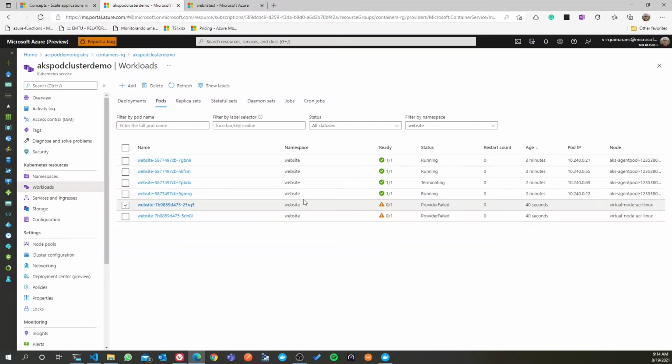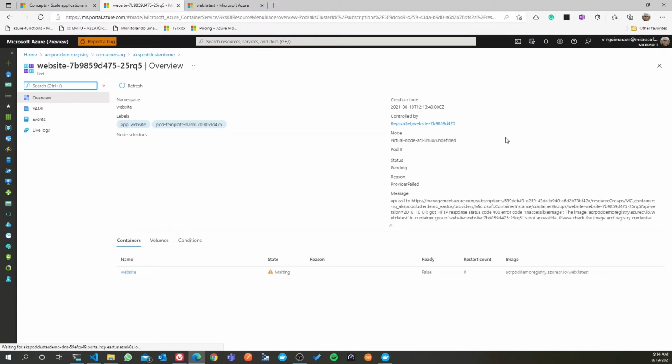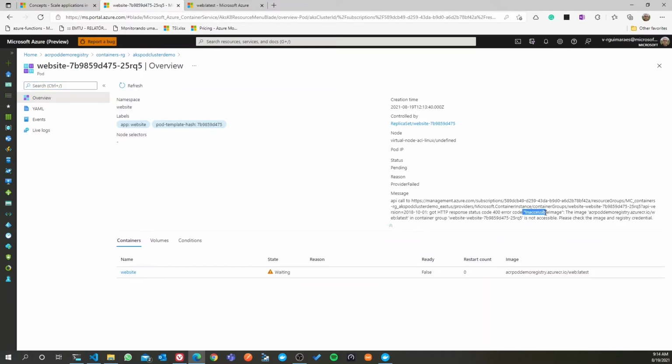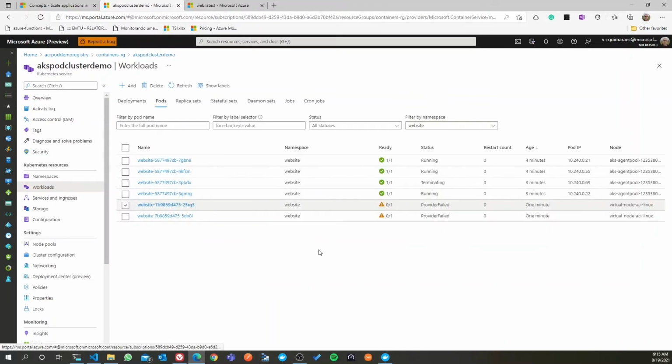We can open the pod that has failed, and we can see how the pod failed. Here we see one piece of information that says inaccessible image. The image in the container registry is not accessible. It means the pod failed because the cluster is not able to get the image from the Azure Container Registry. Why does it happen? Well, when we deployed the image in the traditional node,